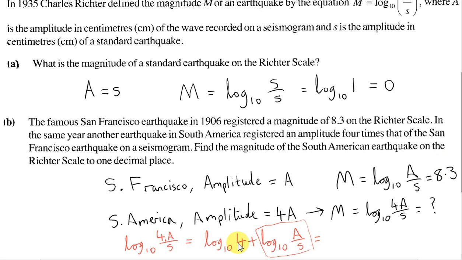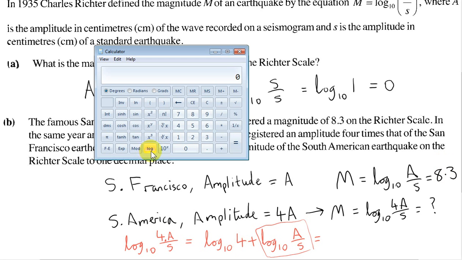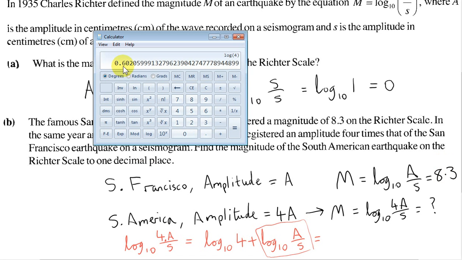You can calculate log to the base 10 of 4 on your calculator. Calculators come with a log to the base 10 button. That's what log stands for. The base is 10. Okay, so we get 0.6. In other words, 10 to the power of 0.6 gives us roughly 4. Now I will write this down to 3 decimal places, so we have 0.602